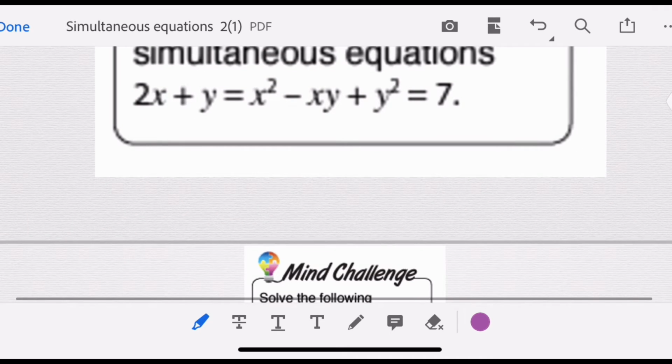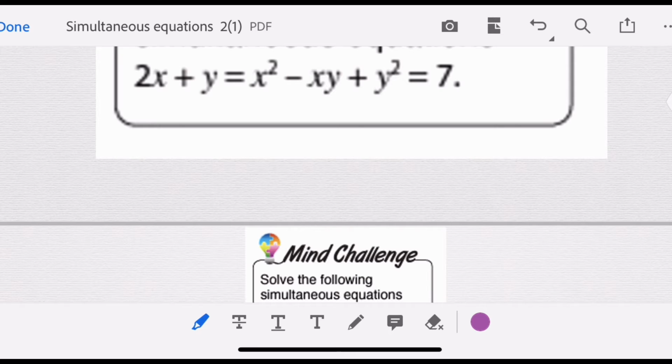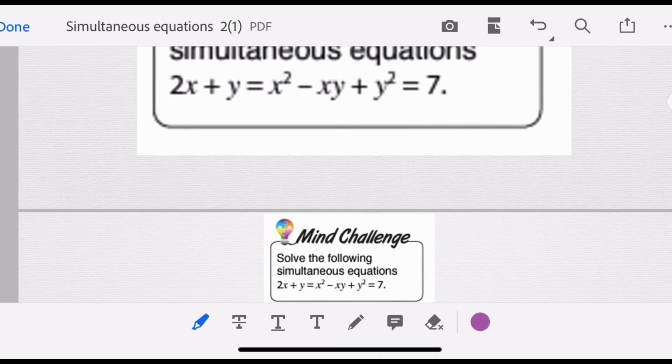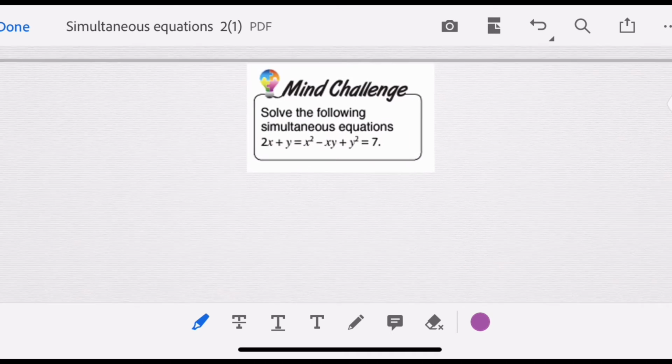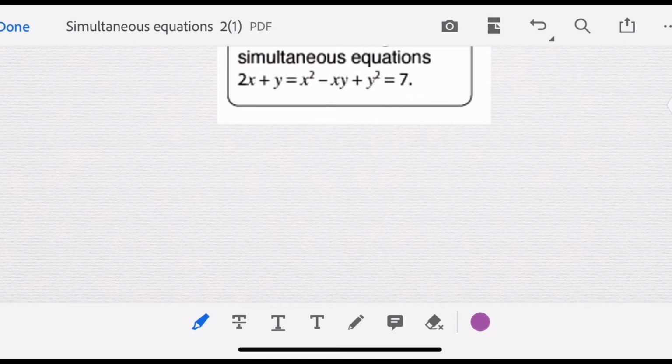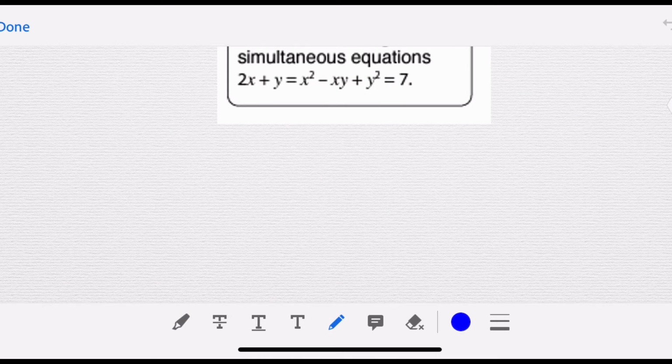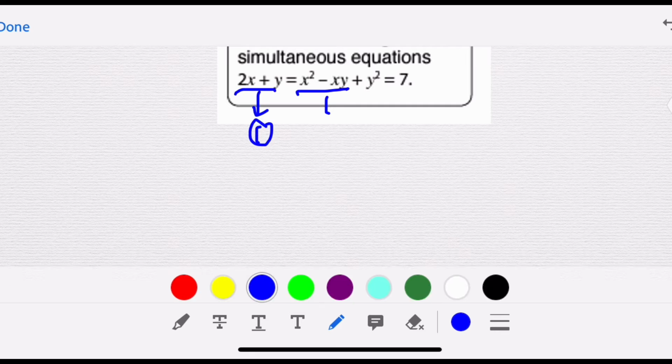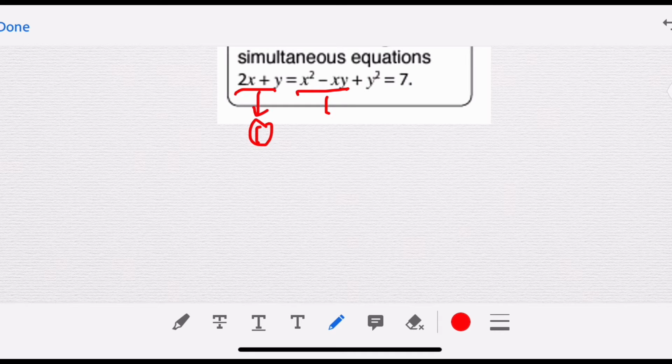So how to solve this equation? We are going to do this one. Later we will use Desmos to show the solution. Okay, so basically if you want to solve this one, we will actually use the label like this. This is 1, this is 2. Okay, number 2 I will use this one, and this is 3.